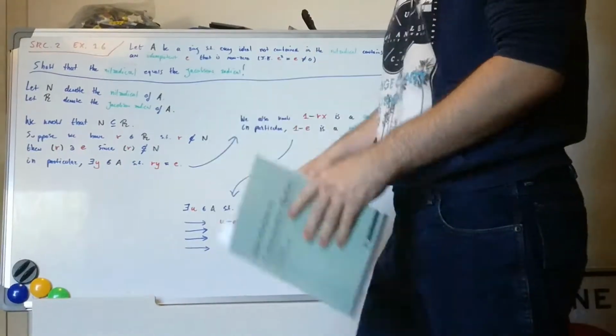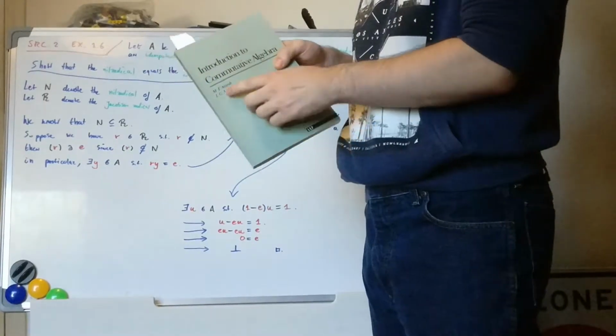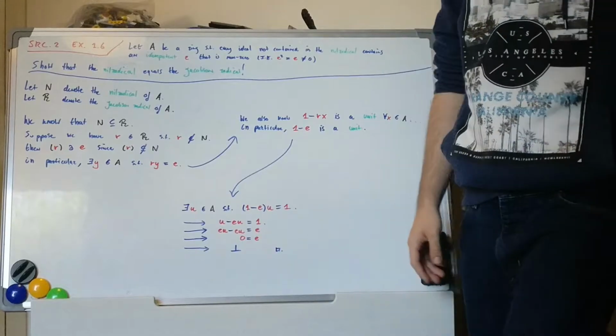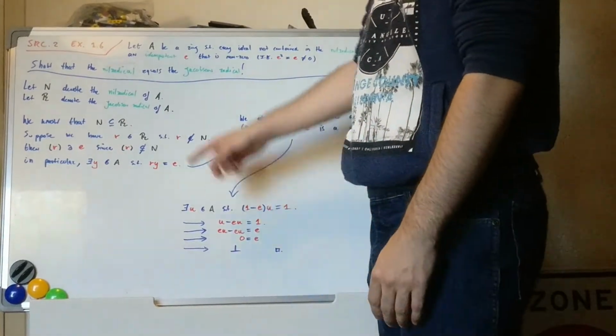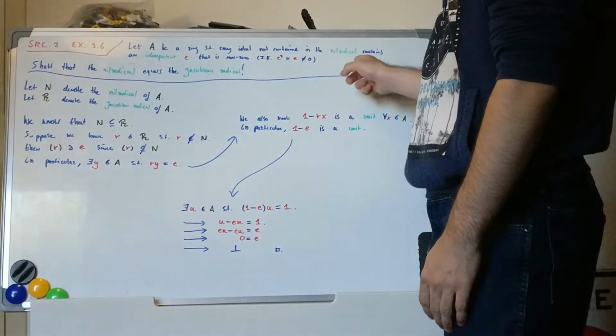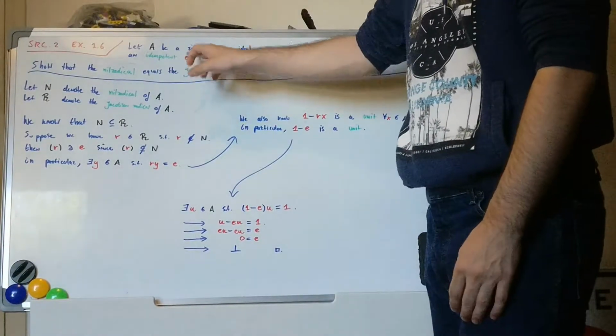So I'm going to do exercise 1.6 from Atiyah and Macdonald's Introduction to Commutative Algebra. So the exercise is as follows. Let A be a ring such that every ideal not contained in the nil radical contains an idempotent e that